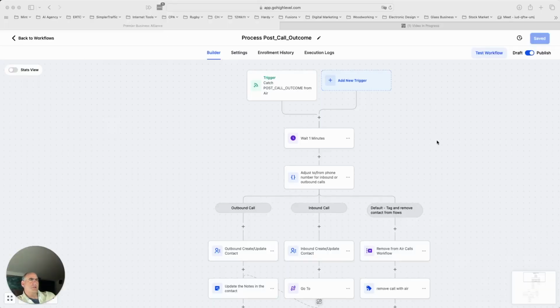Hey guys, it's Corey again, and today we're taking a look at the process post-call outcome sequence that I have, workflow, I guess it's called in Go High Level, and